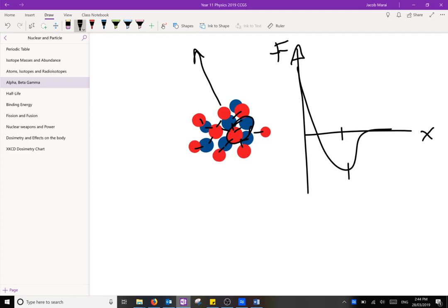Whereas your electric and your gravity does this, like that. It acts over any distance. It gets weaker the further away, but your protons are influencing all of the other protons. The strong nuclear force can only act short range to its nearest neighbour. These are very terrible graphs, but I just wanted to quickly show you that, and hopefully it explains.